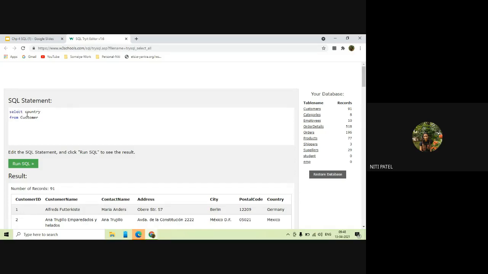Okay. So select country from customer. When I do this, what will be the output? It will select which column? Only the country column from the table customer. Will it select customer ID, customer name, address and all? No, ma'am. It will select only the one which I specified. So if I write country, comma, city, what will it do? It will select city and country. Yes, it will select country also and it will select city also.